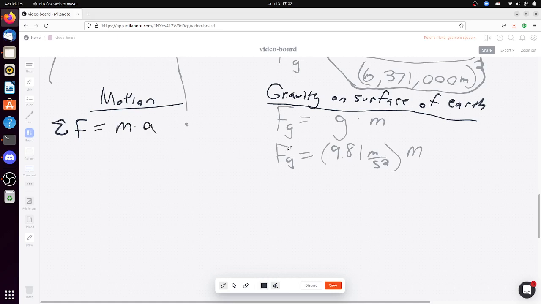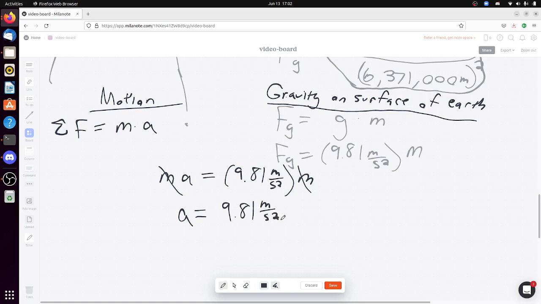Now, let's assume in this example the only force acting on this ball is the force of gravity. There's actually going to be some air resistance too, but that's so minor that we can also ignore that for computations. So what I'm going to do is take this F and set it equal to the force of gravity, since that's the only force acting on the object. So if I set ma equal to 9.81 meters per second squared times the mass of the object, what does this imply? We have m on this side and m on this side, so we can cross them out. What that tells you is that acceleration equals 9.81 meters per second squared on the surface of the Earth